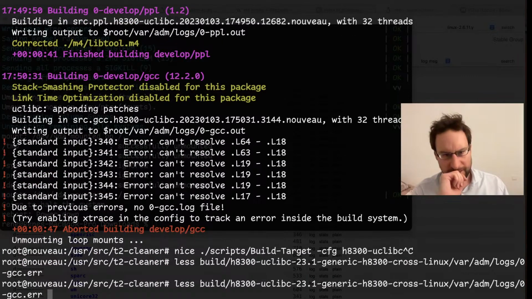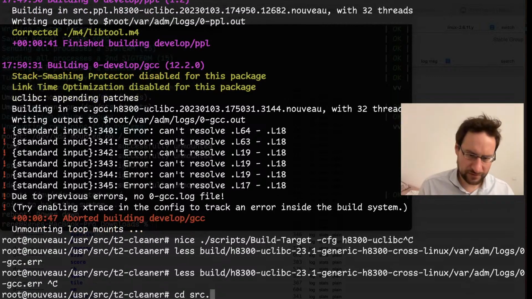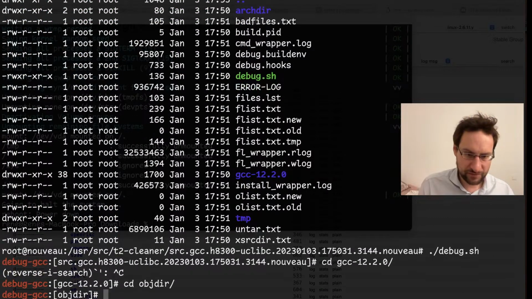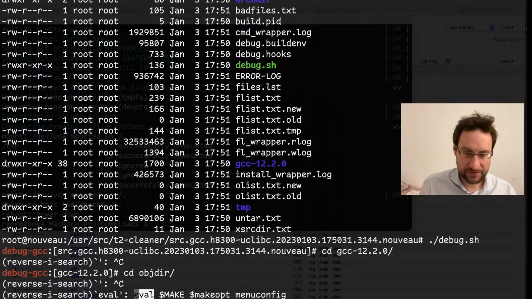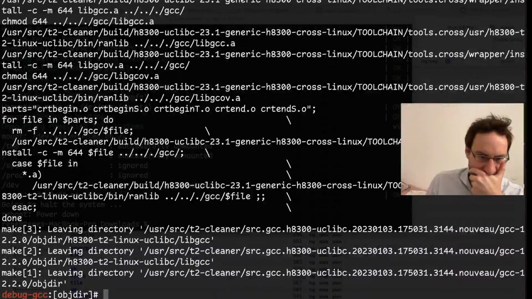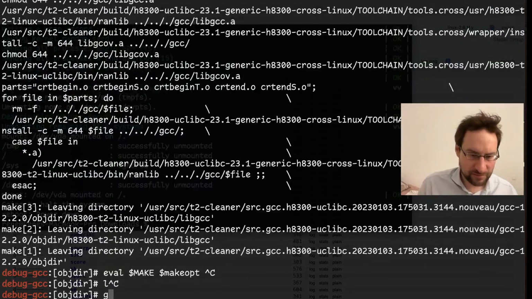So here, the question is, not really sure what it's trying to do there. Obviously, we would need to check the sources. But even the thing is with all those monstrosities of build systems, it might take a while to actually. Oh wait, does it? Did this actually build now? Actually, that is funny. It is possible that it piped that to some files. So that is, yeah, the usual build system limitations.